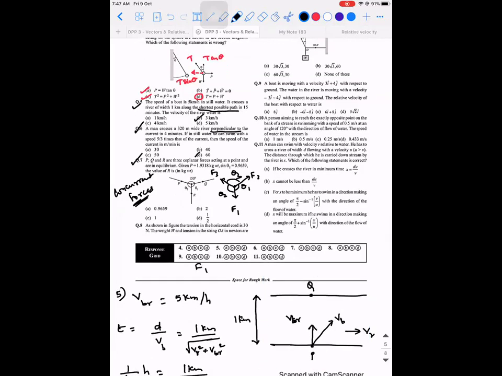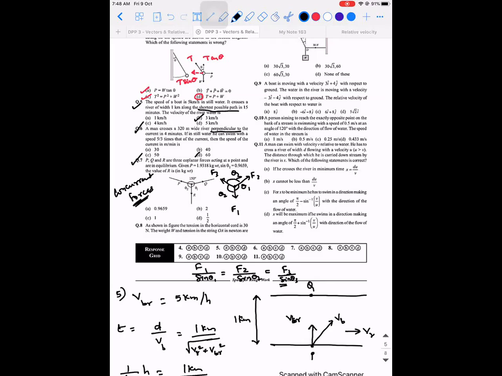F1 divided by sin theta 1 is equal to F2 divided by sin theta 2 is equal to F3 divided by sin theta 3. I hope you would have seen this, right? What is the name of this theorem? Lami's theorem. Yes. So this Lami's theorem is what you're going to apply here and you're going to get the answer. This question I'm leaving it to you.